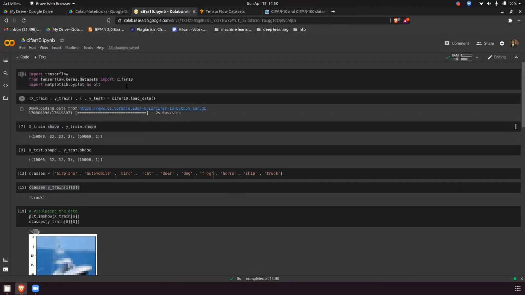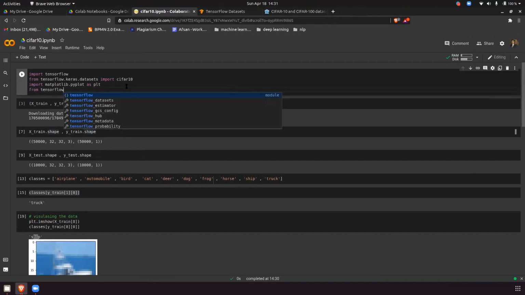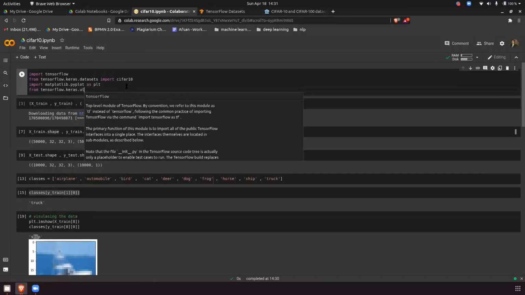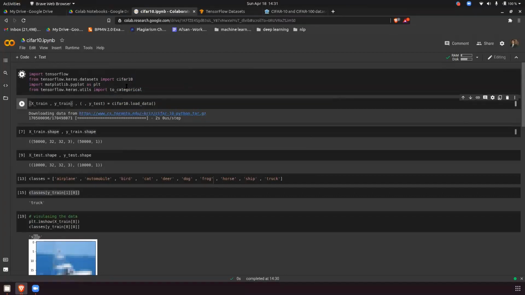To call that, we have to use from tensorflow.keras.utils import to_categorical. So you don't have to use get dummies there.